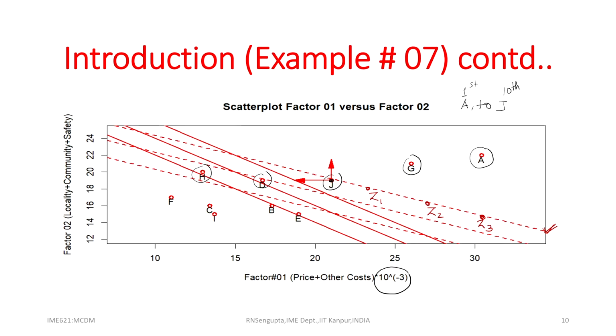But individually the levels of factor 1 and factor 2 would be different for Z1 than for Z2 than for Z3. So, at what level, Z1, Z2 or Z3, one would like to remain would depend, number 1, obviously on the combined effect, and also on the individual factors, based on the level of satisfaction the person wants. Now, why these parallel lines? If I go to the other parallel line and consider points Z4, Z5 and Z6, obviously Z4, 5, 6 are on the same straight line.